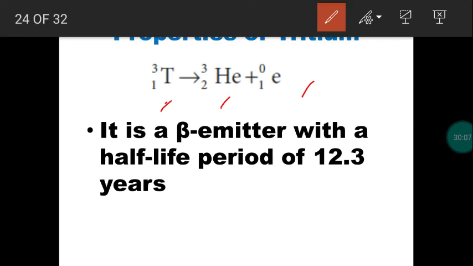Next important one mark, what is the half-life period of tritium? It is 12.3 years. We have to know what is a half-life period. Consider one substance. You are taking 1 kilogram of a substance, which undergoes radioactive disintegration. That means the mass is continuously decreasing, so it will become another element with the liberation of alpha, beta, gamma rays. So during radioactive disintegration, what happens? Mass is converted into energy. You will study in physics, right?